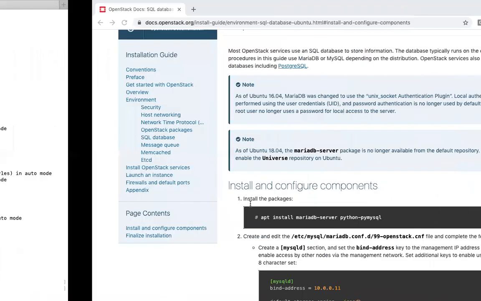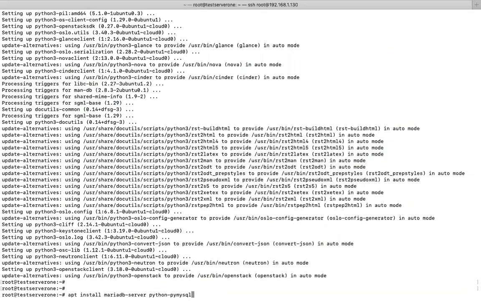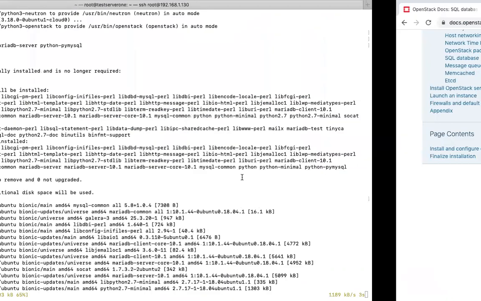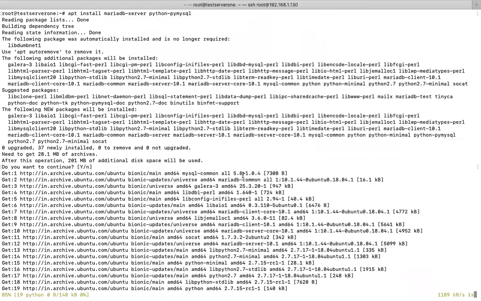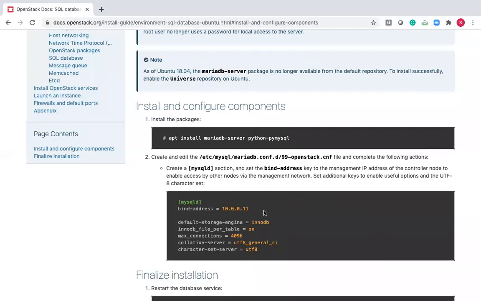Okay. Now let us try to install MySQL. Once this is installed, I will change the bind address to 127.0.0.1 because MySQL is running on the same server, and Keystone will also communicate with the MySQL which is running on the same server. So the 127.0.0.1 localhost IP address is enough actually. It is not needed to bind to the interface IP address, ENP0S3. So I'll go with 127.0.0.1.